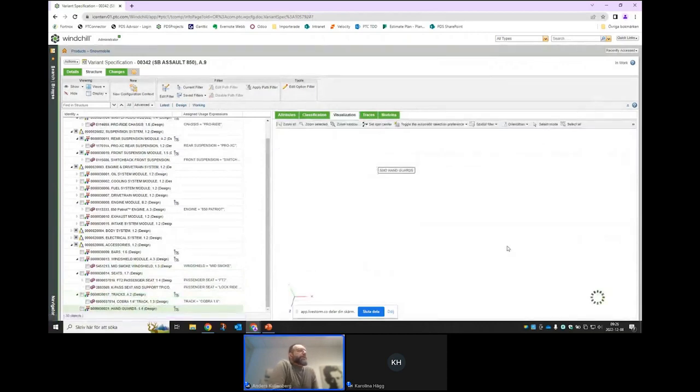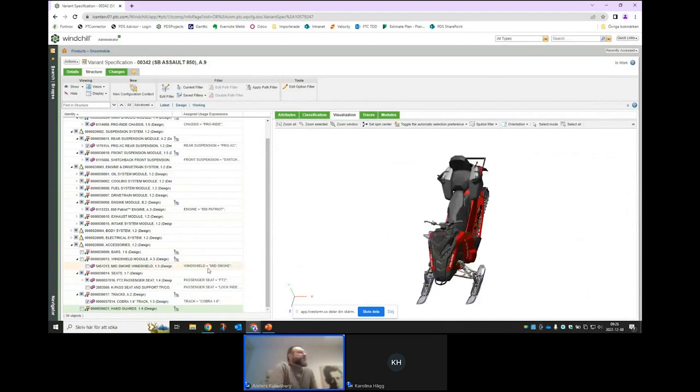So I can go back to the visualization now. Basically what I've done here, I've configured this variant completely manually without using any of the options. And that's doable. And of course, in an early stage, this gives a high level of flexibility compared to being forced to define all your different